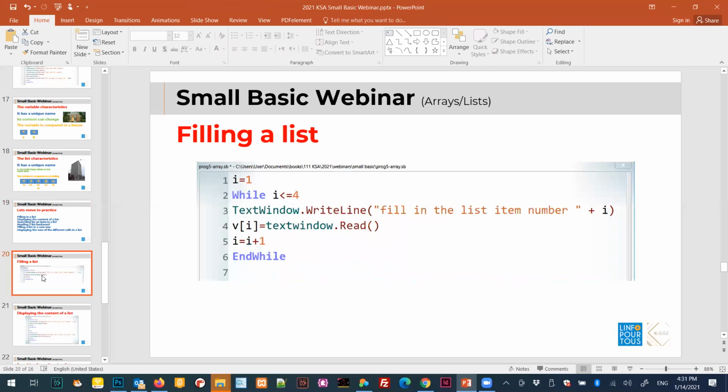So the following slide will be on how to fill in the list. Once I finish the PowerPoint presentation, I will move to Small Basic in order to do some live exercises. So in this program that you see in front of you,